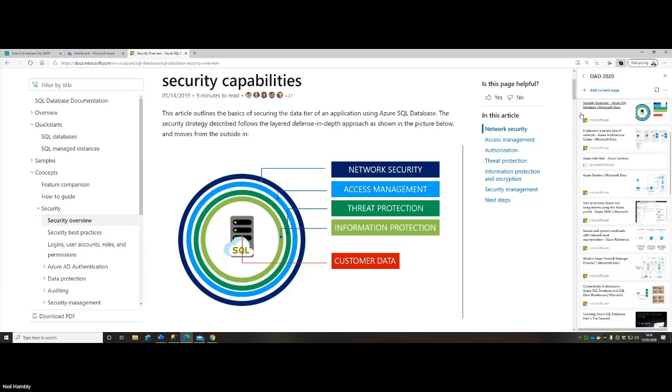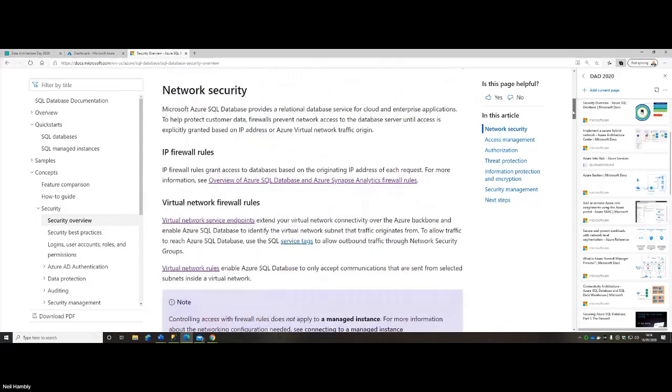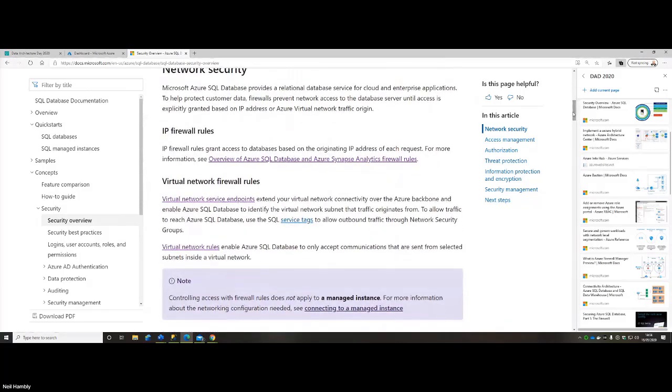What we're going to do is look at what's involved inside network security, and that is essentially IP firewalls and firewall rules. So how do we configure who has access to these resources? We have the virtual network firewall rules, which are different because the IP firewall rules say who can come in from which IP addresses, and what protocols and what ports, etc. The virtual network is the concept we're going to use to hone in on where we're going to deploy our VMs and what access is allowed into that. So we're going to make it a lot more secure.